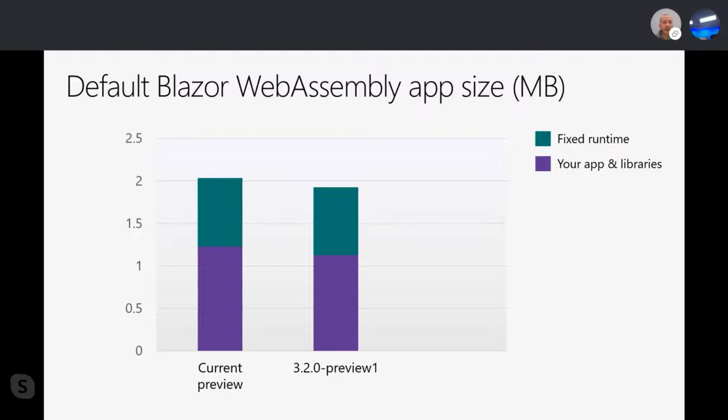And our target for our initial May release of Blazor WebAssembly is to get down to under 1.5 megabytes by default. And we've got a way that we think we can do it. The approach that we're planning to use is introducing some more aggressive pre-compilation. This will happen during the publish phase of the application, so you won't see it during development. But when you publish, we'll spend about 20 or 30 seconds doing some very aggressive compilation, compression on the artifacts